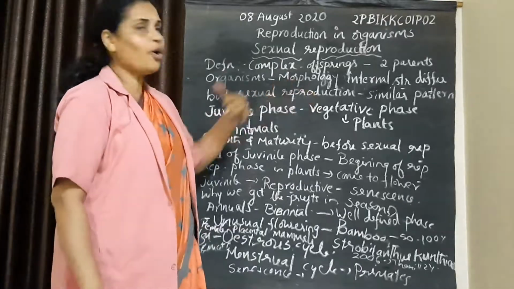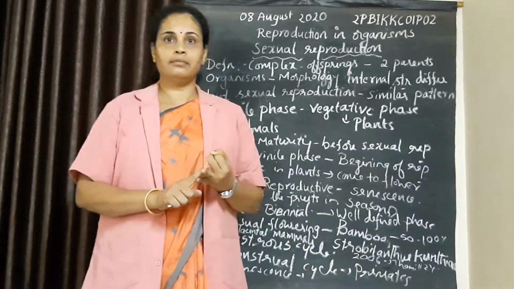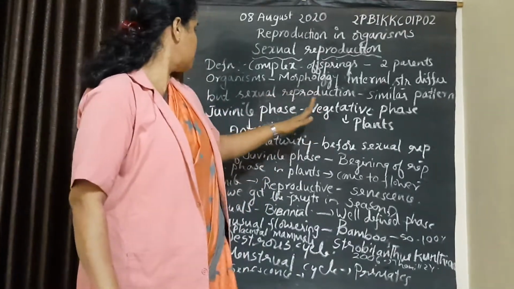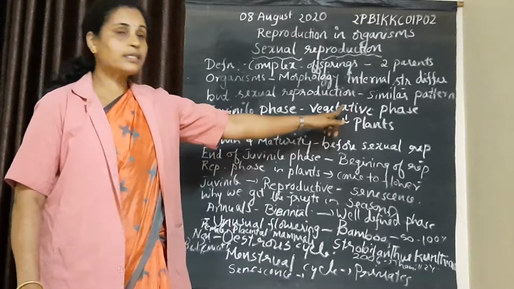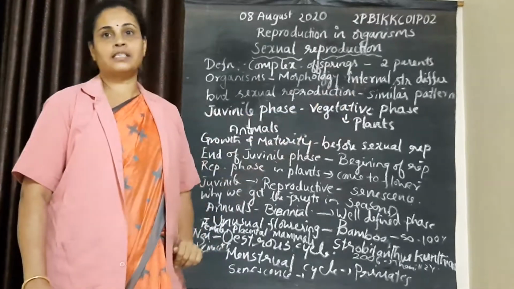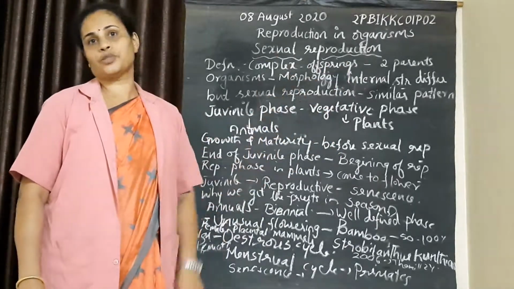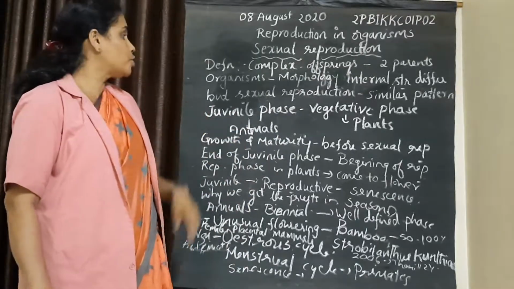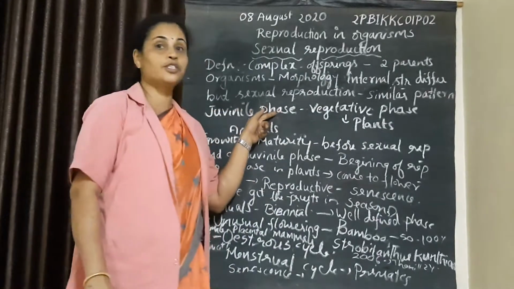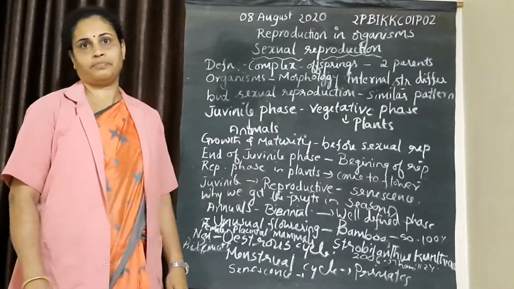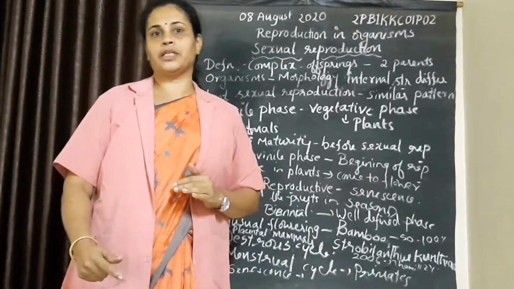before reproduction, every organism after birth has a growth period, which is called the juvenile phase. In case of plants, it is called the vegetative phase, followed by the reproductive phase, and finally senescence, which leads to death. What is the juvenile phase or vegetative phase? The term juvenile phase is used for animals. All organisms grow and reach maturity